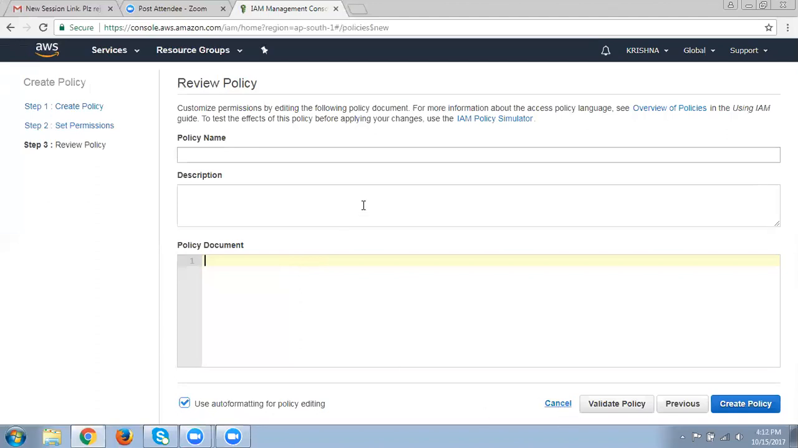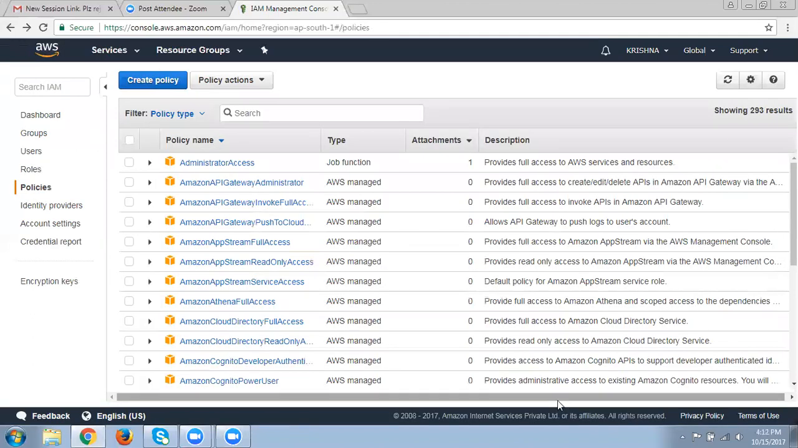So you can do that as well. Group, user, roles and policy, these are the four pillars in IAM. One of the most important. The rest of the things are there, but